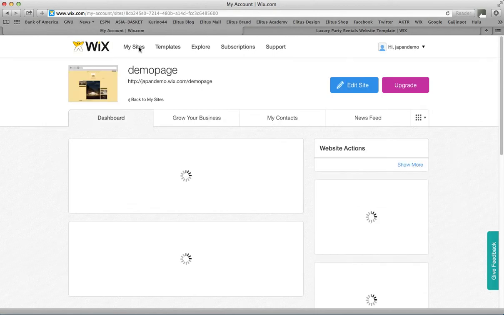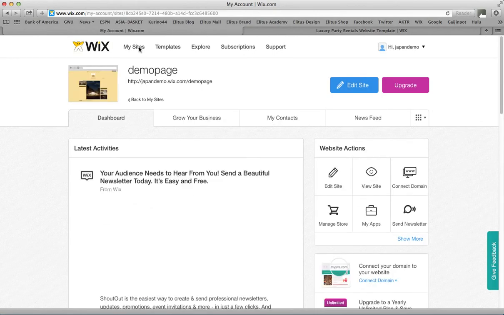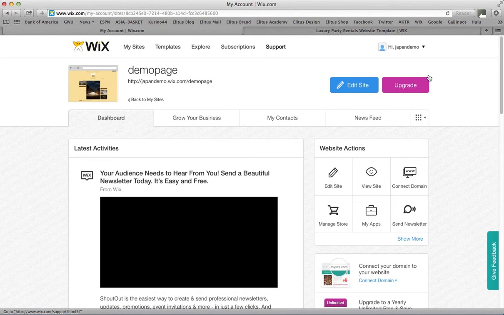you'll enter the Wix site dashboard here. If you see this purple button here on the right, it says upgrade. I think you may have recognized this when you're on the Wix editor on the top right corner. But once you click on these buttons, you can upgrade your website at any time. So by clicking on it,